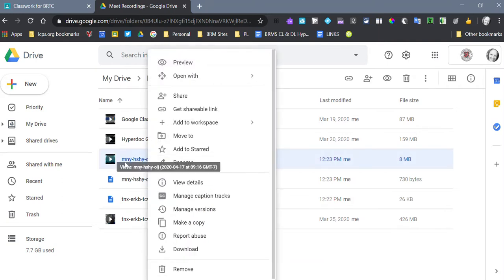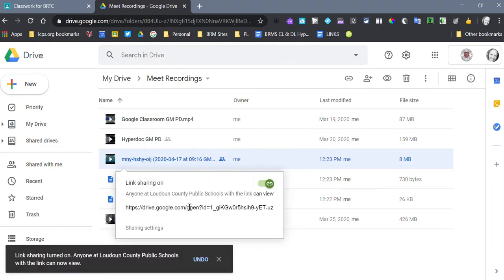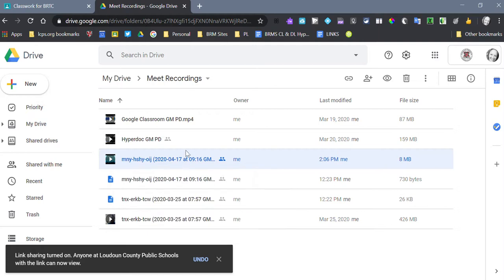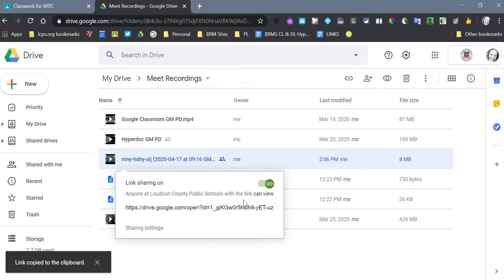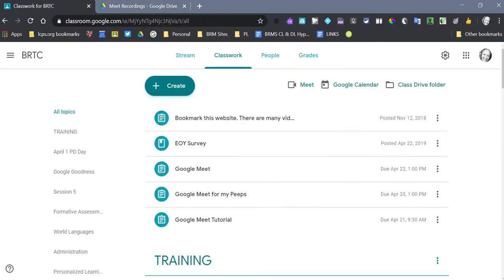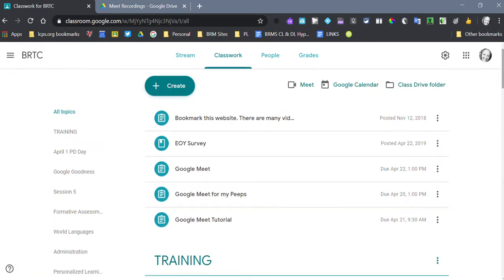If I want to post this in my classroom so kids who weren't here can see it, I'm going to right click on it. I'm going to get shareable link. I'm going to make sure link sharing is turned on and that anyone with public school can view. Okay. I'll get that shareable link again, and I'm going to make sure it's copied. Control C. Then I can go back into Classroom. I can go into my Google Meet tutorial, and then I can add the link to it so kids can get to it. All right, and that, in a nutshell, is how you can use Google Meet